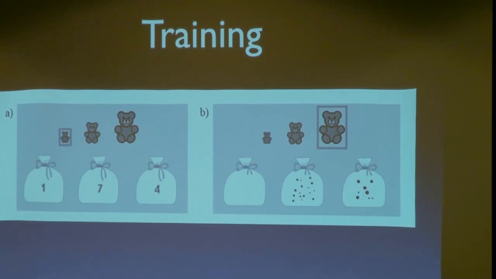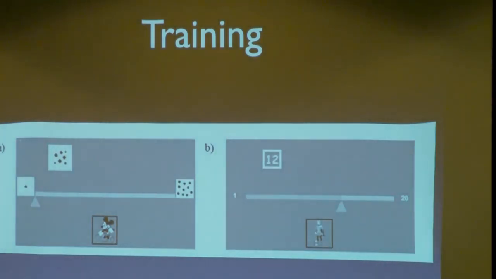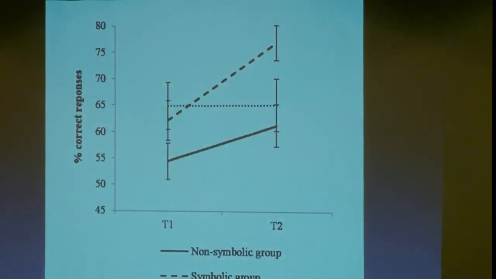And these kinds of training activities, and also activities that involve number lines, we'll talk more about number lines towards the end of the presentation as well. In this case, you would place the 12 somewhere on the continuum between 1 and 20 and give some kind of feedback. It turns out that if you do this kind of training,